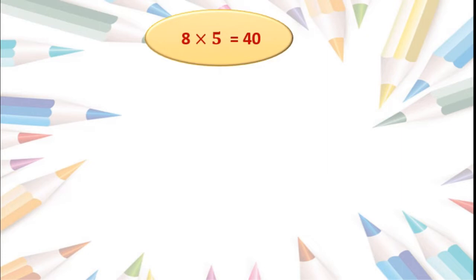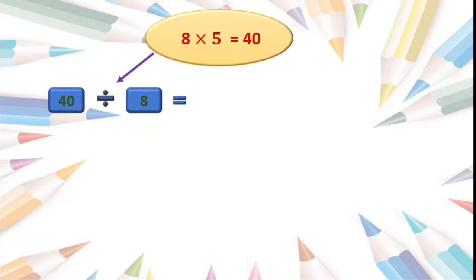We will take a quick recap of the last lecture and we will proceed to today's lecture. Yes, students, here 8 5s are 40. It is written. From this we will make two divisions. This is a multiplication. From one multiplication we get two divisions. This we have learned in the last lecture, isn't it? We will see this. 8 5s are 40. So first division we can do like this: 40 divided by 8 is equal to 5, isn't it? So 5 is the answer.